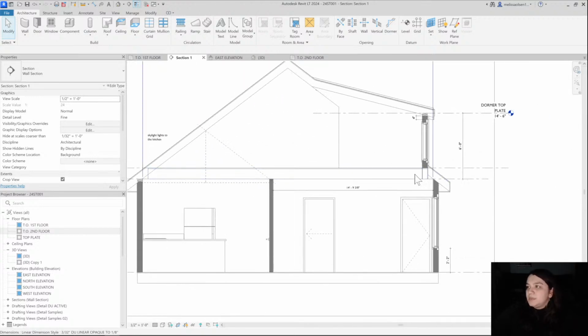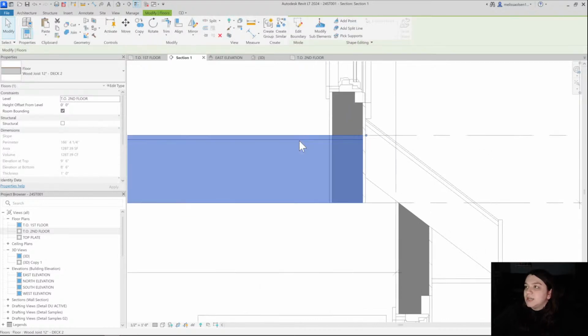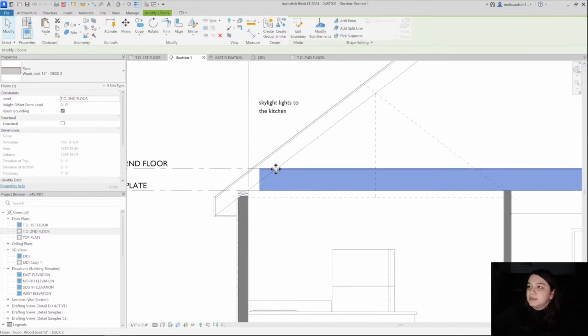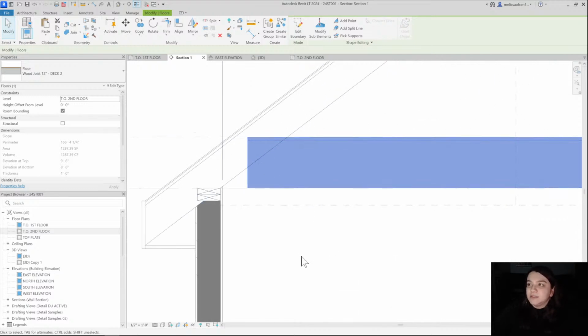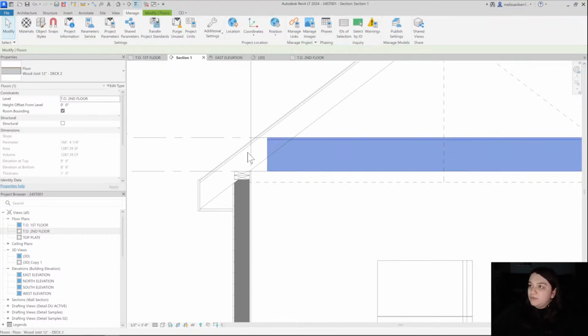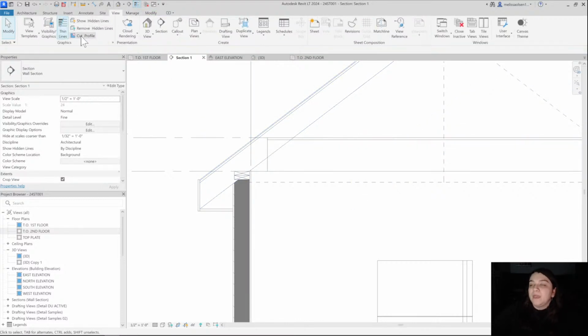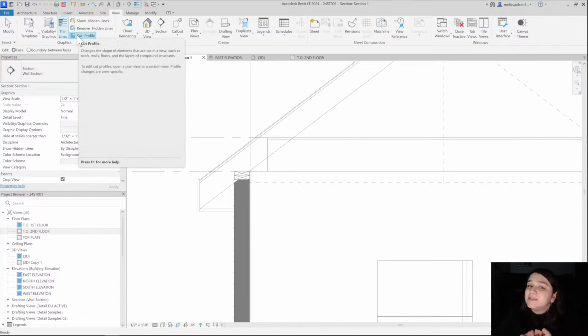So there's also ways that I adjust this. And I'll just do it now because I think it's valuable to understand how to get this to look accurate, again, because you're going to want your drawings to read correctly. So you don't want it to jut out in the 3D. You pulled it back so it's not intersecting the wall, but now it doesn't look correct in section. What can we do to fix that? We can go to View. We can go to the Cut Profile tool, which for some reason there's no short command to activate,